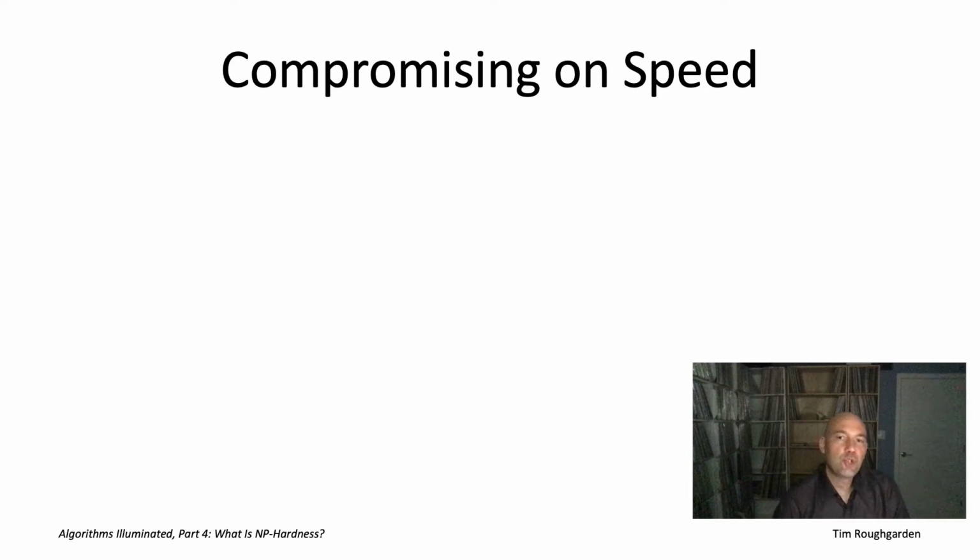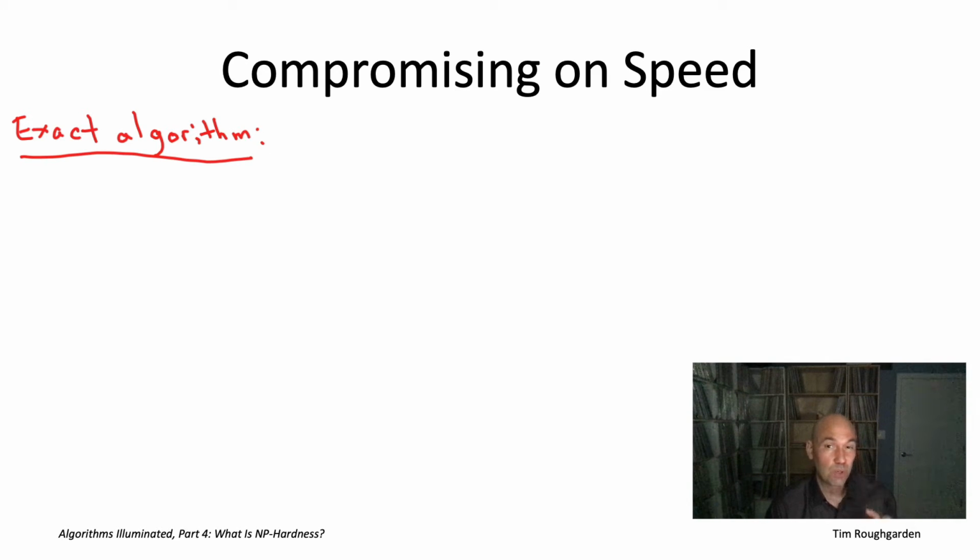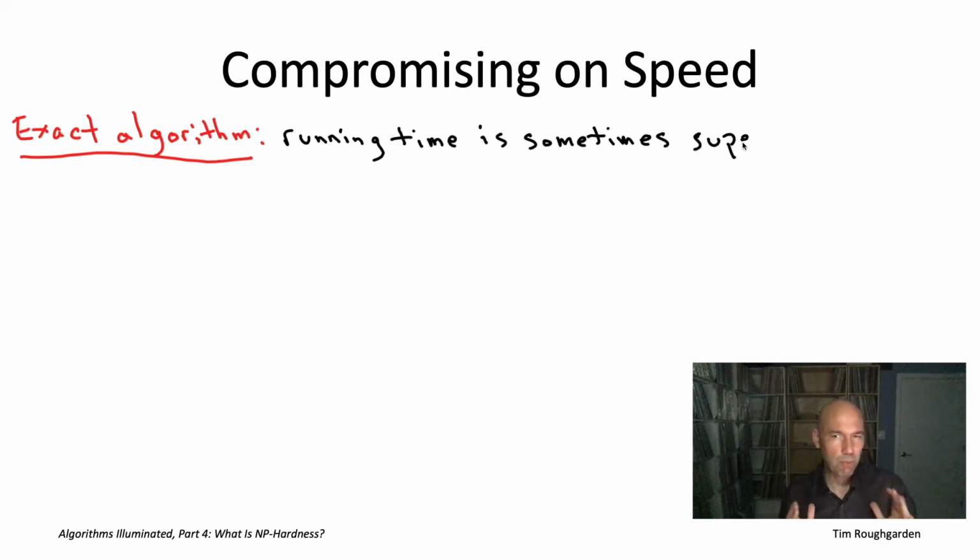So the third and final strategy for NP-hard problems that we'll talk about is compromising on speed. So here we're going to be looking at exact algorithms. This is suitable for applications where you really cannot compromise on correctness. Subject to being correct, you'd like to have an algorithm which is as fast as possible. Now, with an NP-hard problem, again, assuming the P not equal to NP conjecture, you're not expecting polynomial time, you're not even expecting sub-exponential time in the worst case. You really got to be ready for an exponential time worst case running time. But the hope is that you still do quite a bit better than exhaustive search a lot of the time.